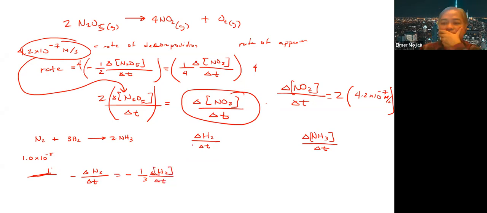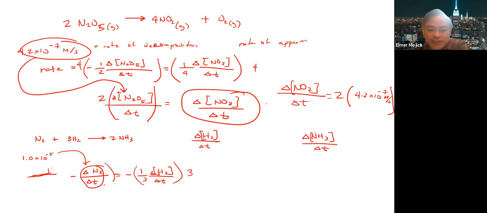So ano yung given? Ang given ay ito. So yung rate na ano dito, if you replace it, that's the value. So what do you want? You want it to express with this. So how do you express it in this one? Paano mo tatanggalin yung 1 over 3? Or yung negative 1 over 3? You multiply both sides by 3. So ibig sabihin, kung ano man yung value nito, i-multiply mo siya by 3 so that you can get the rate of H2 with respect to the rate of N2.